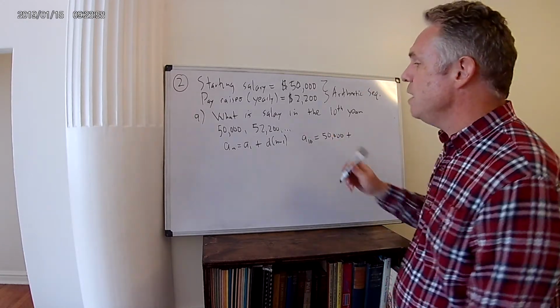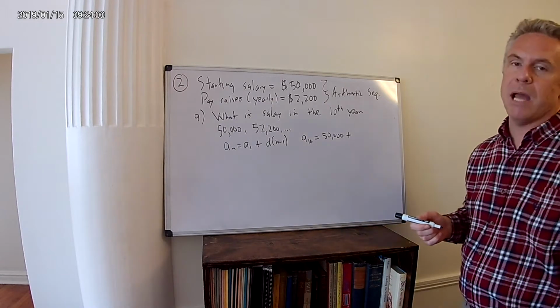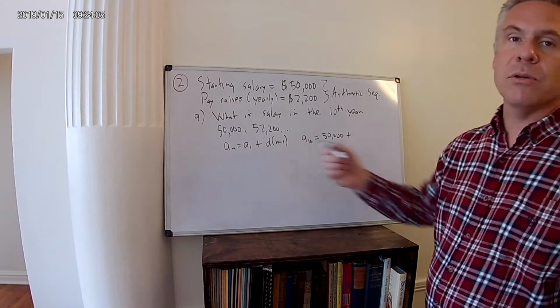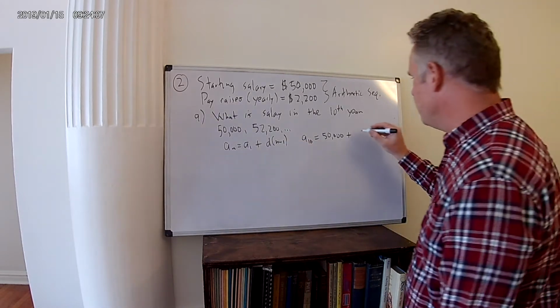Now let's identify d here. d is the common difference. d is how much we add each year to the previous year's salary to get the new one. I hope you see d is 2,200. So we're going to add 2,200